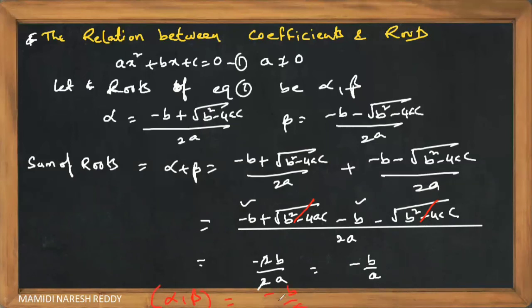What is b here, children? Coefficient of x. That's wonderful. And what is a here? Coefficient of x square. Yes, wonderful. Please kindly take a screenshot. Now I'm going to say alpha into beta also, children. Please kindly make it fast. Done, sir. Now let us see alpha into beta, my dear students. So the thing is, I am changing the symbol here.